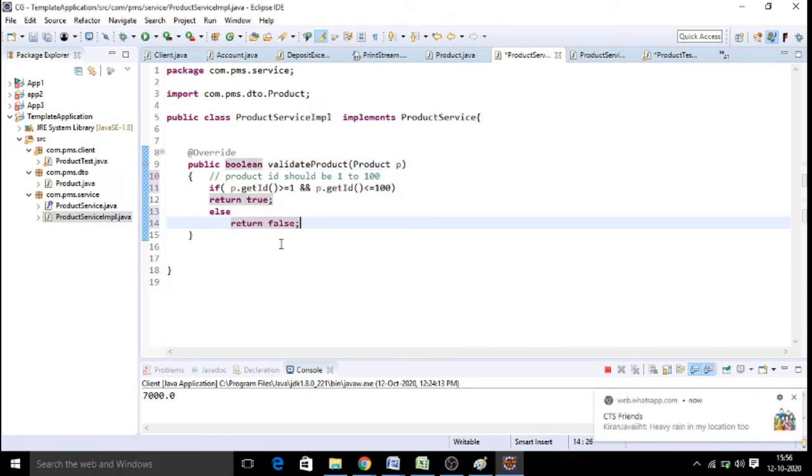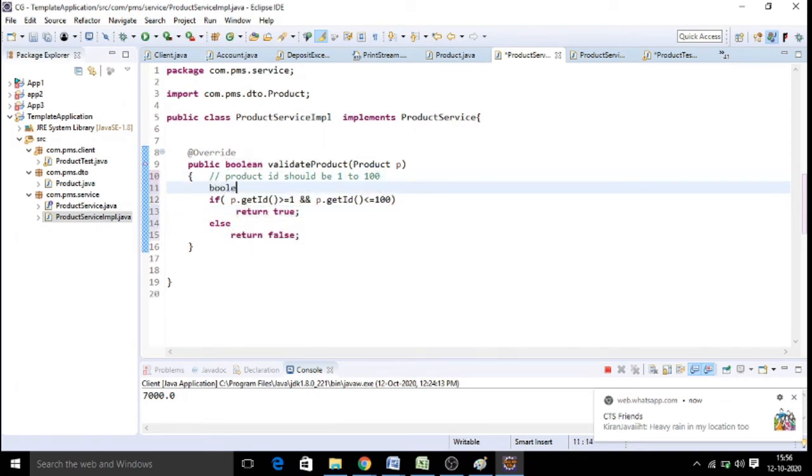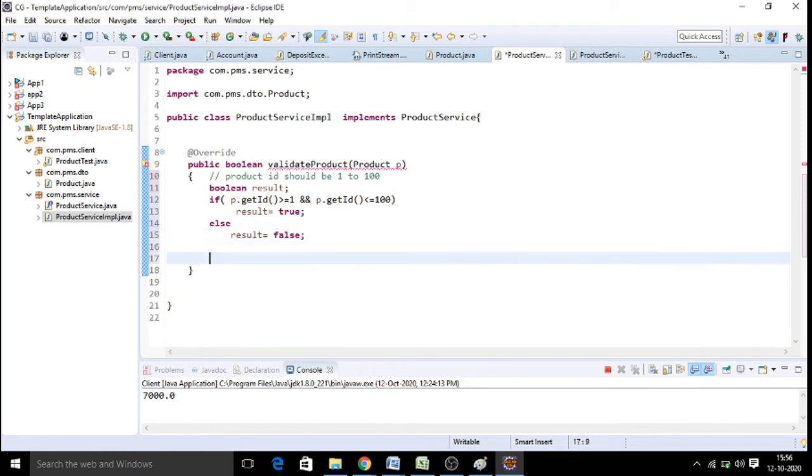But this is also not a good coding practice. What do you need to do? You have to always take a flag. You should not take multiple returns in a function every time. You should take one flag called result equal to true, here result equal to false. And finally, at the end of your function, just before you come out of your function, say return result. There should be a single return within your function. You should not have multiple returns. That leads to overhead in your code. So you should not follow that syntax. You should have a single return statement for an entire function.